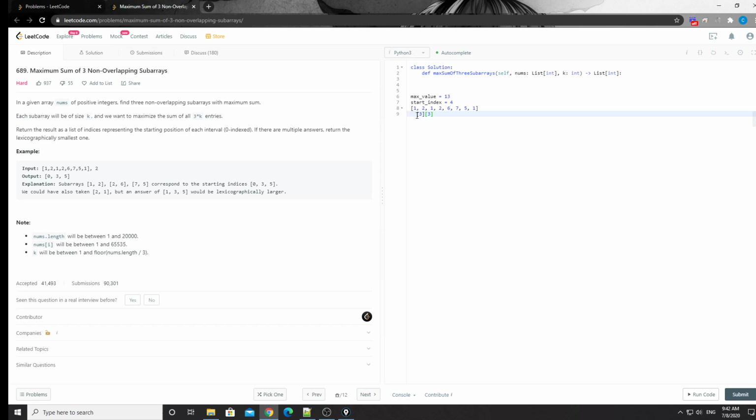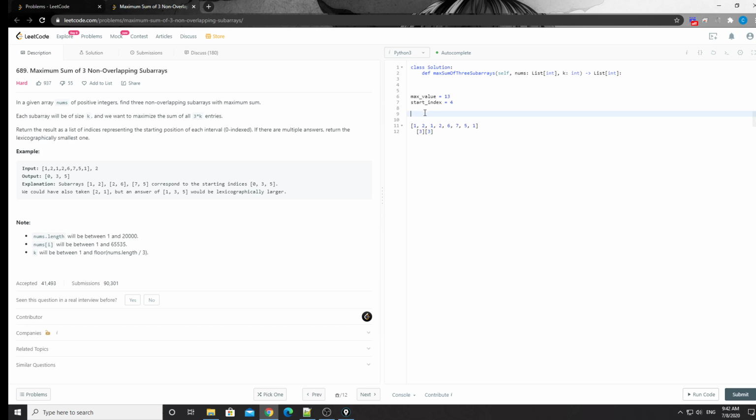And then basically we're going to be maintaining two sets of values here. The first one is the one-subarray sum, and the second one is the sum of the two subarrays,